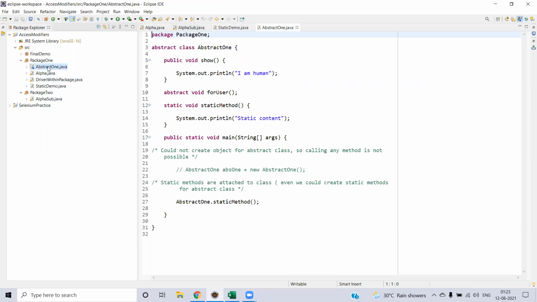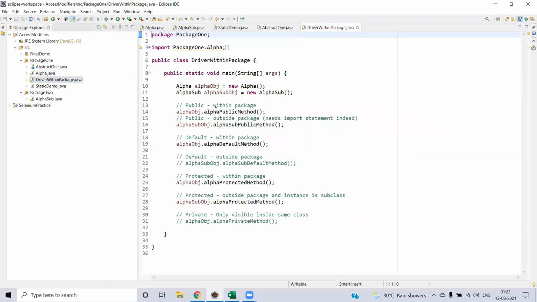And here we have the abstract one. So we will see, if you have an abstract method inside your class, what the different possibilities are that you can try out. And here is the driver within the package, which will act like a driver. So we can create different combinations with different instances and see the accessibilities.